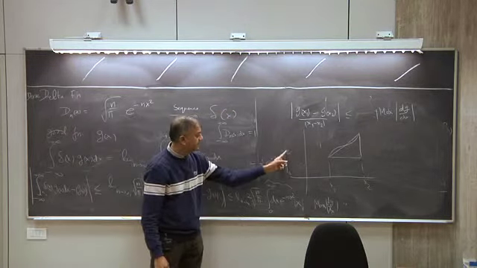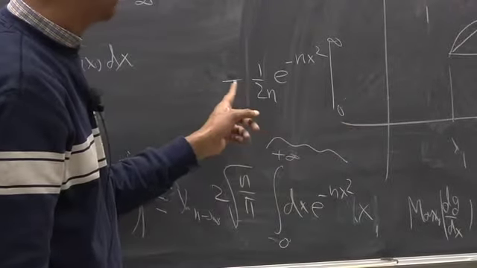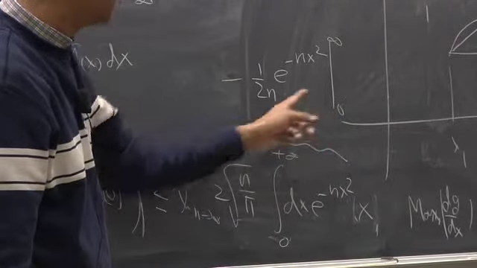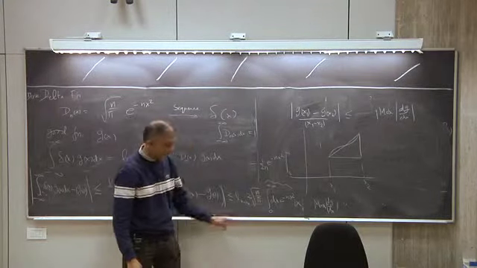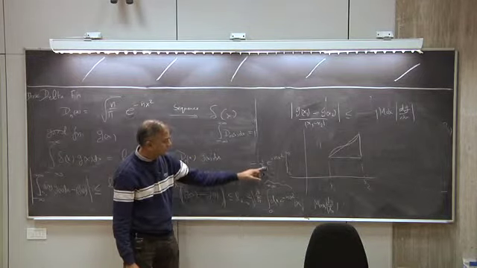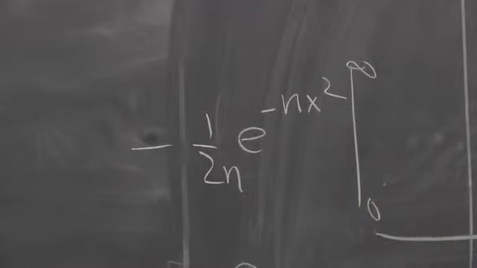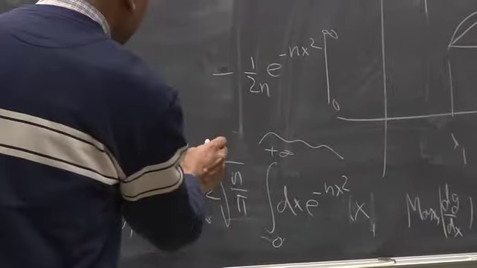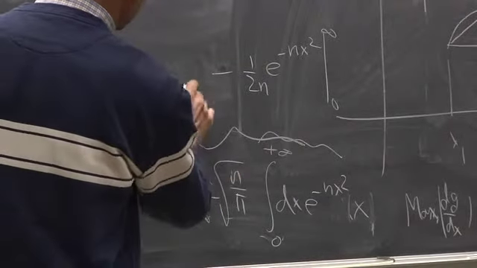So at infinity it is 0 because of the exponential damping, and at 0 it is 1. So minus minus cancels because of the lower limit. So this entire integral is simply 1 over 2n, right? And you multiply by that, so a root n removes a root n from here, but you still end up with a 1 over root n, right? So this result, the 2 cancels, so it's just 1 over root n pi